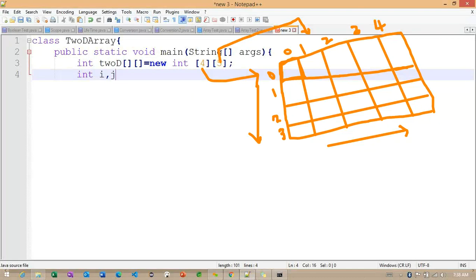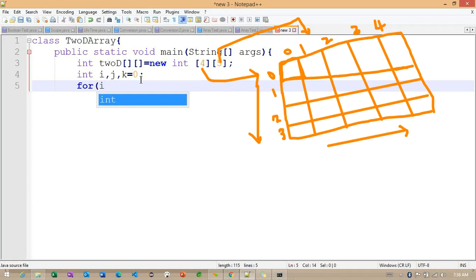So I'm defining variables i, j, k. Getting the point? All the values I'm going to initialize with 0. So I'm declaring these 3 variables and initializing them with 0. After this, I'm going to create a loop. Carefully observe, we are going to work with different loops here. Just for understanding, I will explain; we can go into more information on nested loops in our upcoming classes.